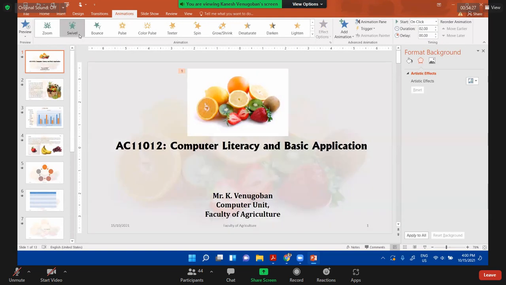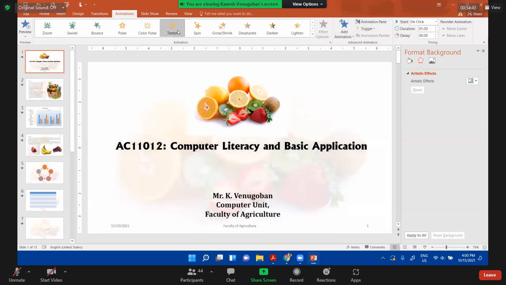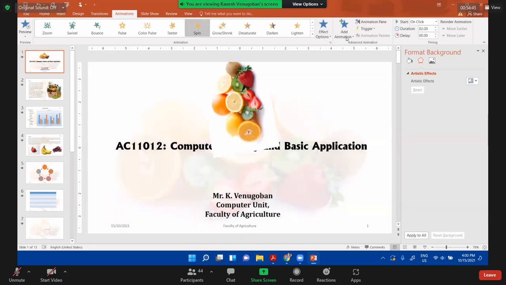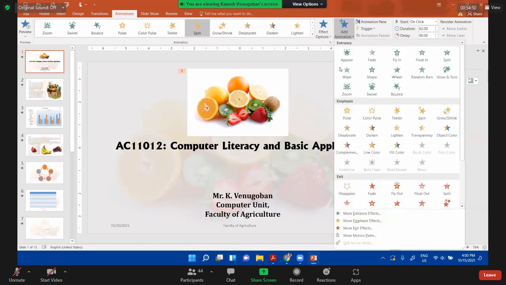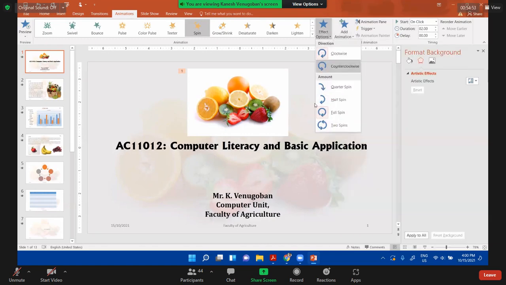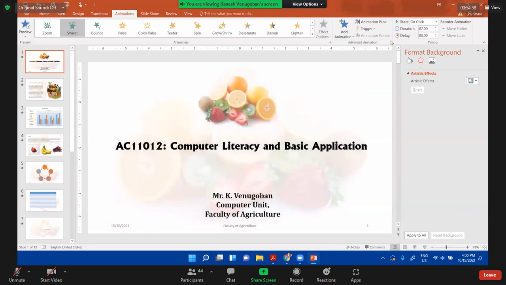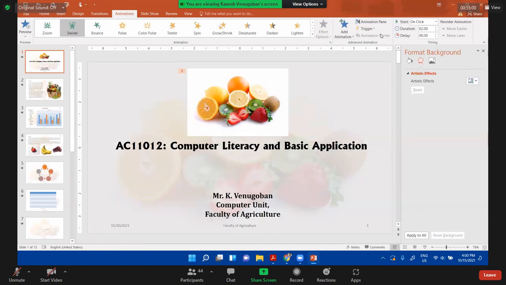Select an animation here, right? And within the animation, you can set the direction and other settings in the effect option. This one does not have any effect option. This one has the direction or effect option, right? So I select this one, okay. And here is the animation pane. When you click this animation pane,